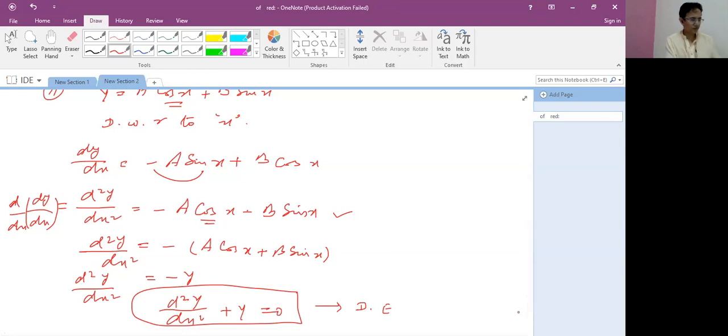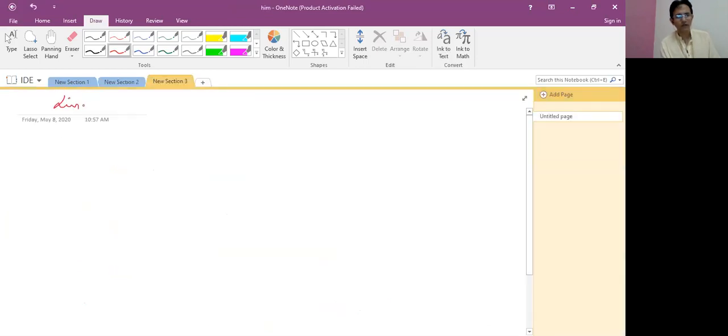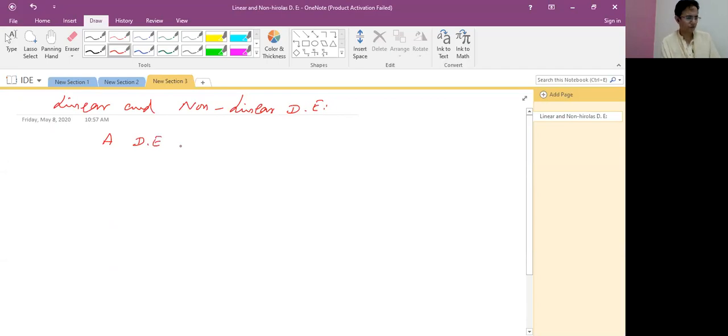After that, we will talk about the difference between linear and non-linear differential equations. If the differential equation satisfies certain rules it is called linear, and otherwise it is non-linear. So it has some rules. A differential equation is said to be linear if